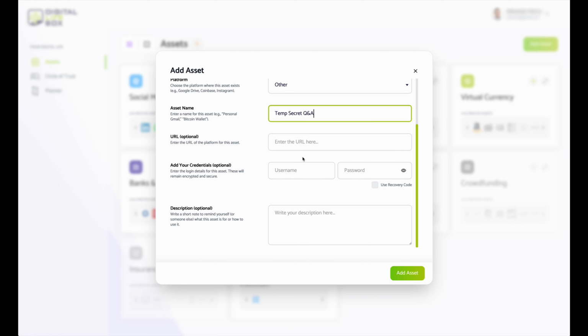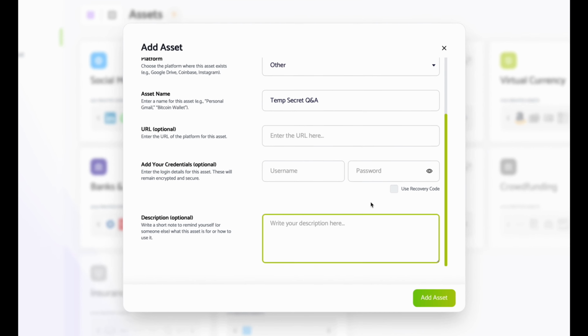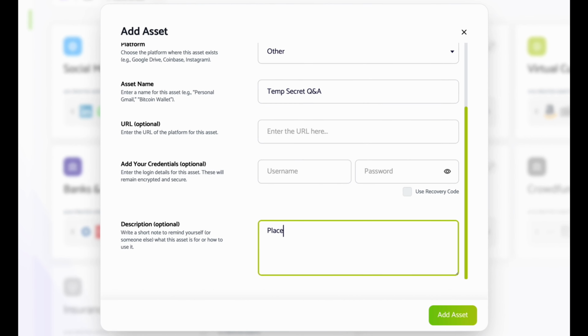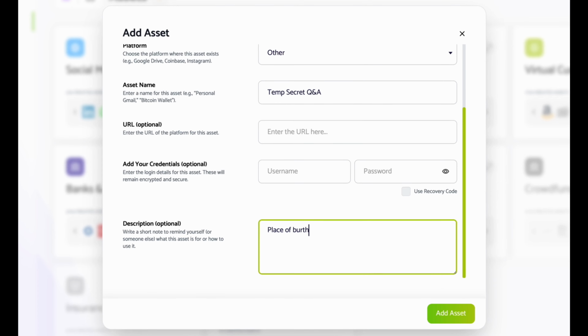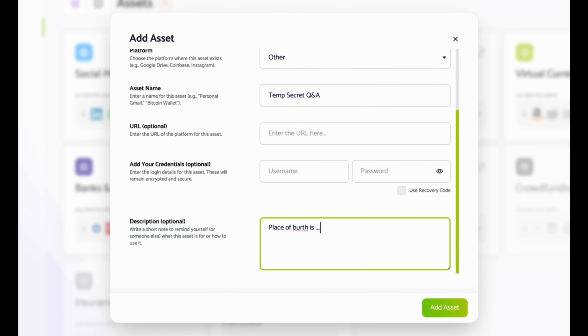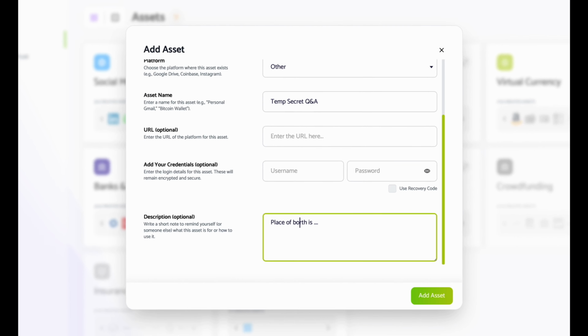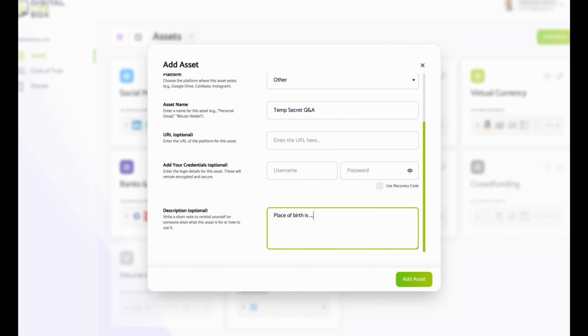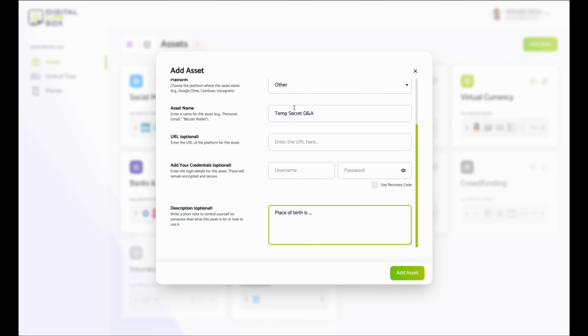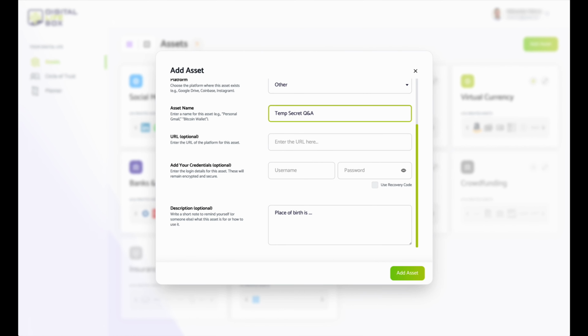And I'm not going to bother with user and password here, but this is the place where I would come in and maybe say place of birth is... right, and I can say the temp secret Q&A, but this could also be joint checking secret Q&A to really separate these two